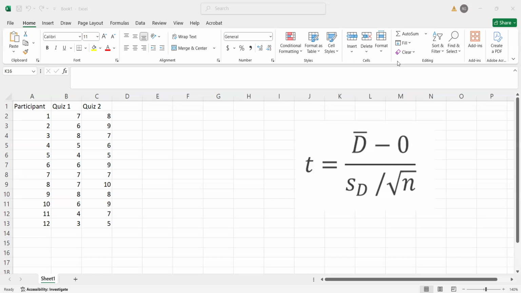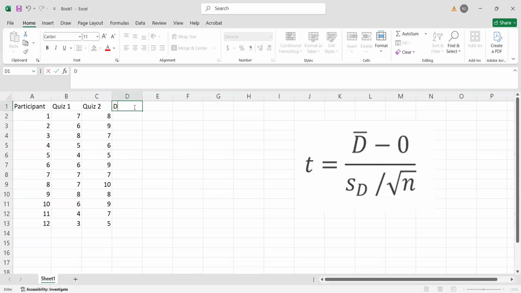The denominator is the standard deviation of the difference scores, and we divide that by the square root of n. So that gives us, again, the estimated standard error in the denominator term. So let's walk through how you would go about doing this. The first thing that we're going to do is calculate the difference scores, right? So you could put in difference up here,